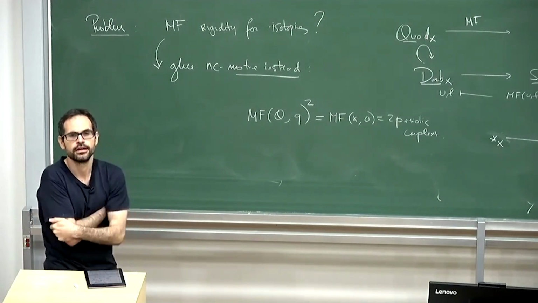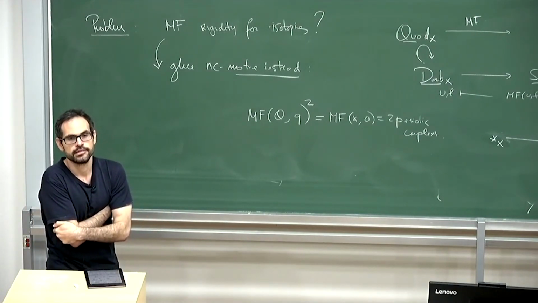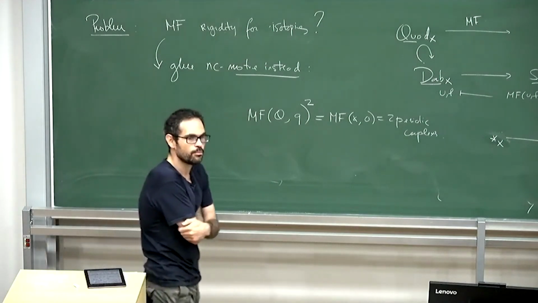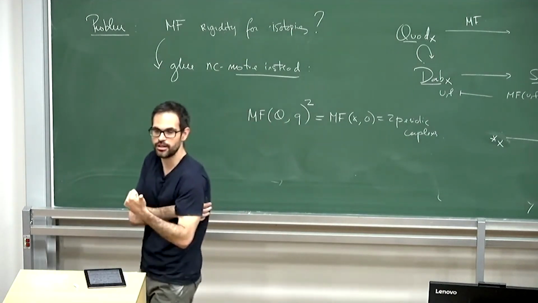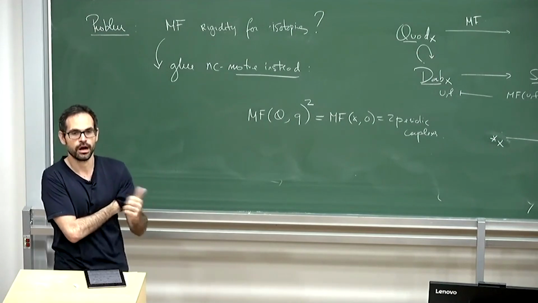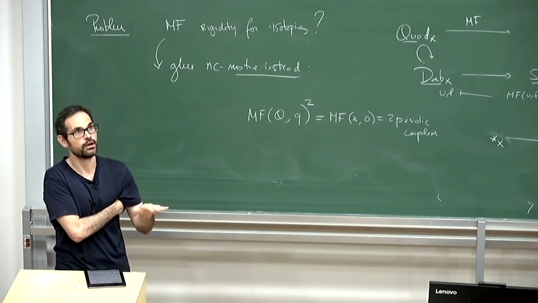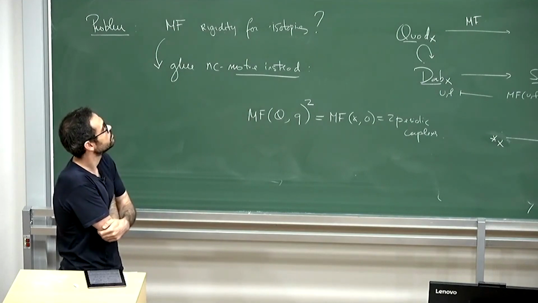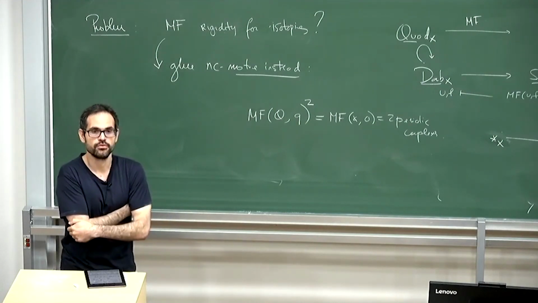So as far as I understand, one reason to work over the complex numbers is to make the orientation business work out, but are there other things in the story that will break down if you were to apply this over another field? I think there are way deeper obstructions than that. The fact that I don't know how to define a shifted symplectic form away from the complex numbers. I mean, I could define it over Q, but I never tried to see what this gives over Q.